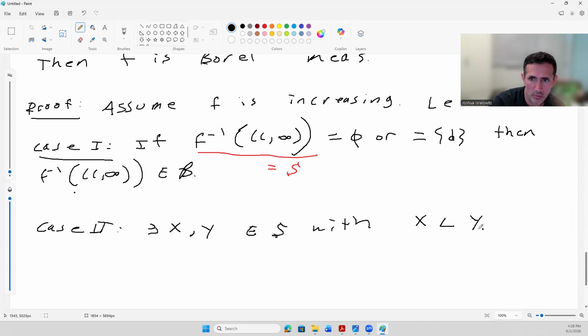So I'm going to prove the closed interval x to y is in S. If u is in x to y, then x is less than u, and F is increasing, so